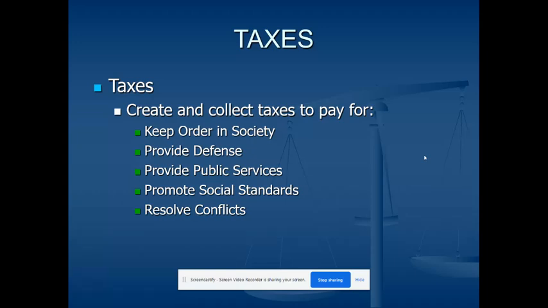So when you do the headlines, you're not going to do one for taxes because taxes relate to all of the other functions. And so your job for your assignment is to find one headline that represents keep order in society, one headline that represents provide defense, one headline that shows provide public services. All I need is you to copy and paste the headline. Make sure you cite your source. This came from the SAC-B or this came from the New York Times. And then how does it relate to the function? And you have basically a slide deck that you're just filling in.